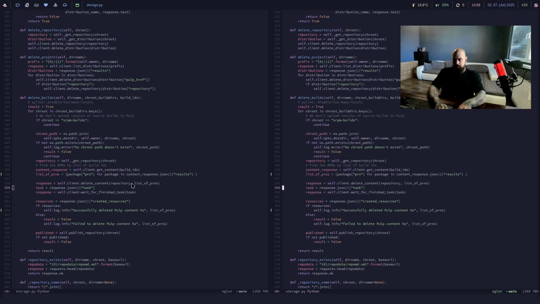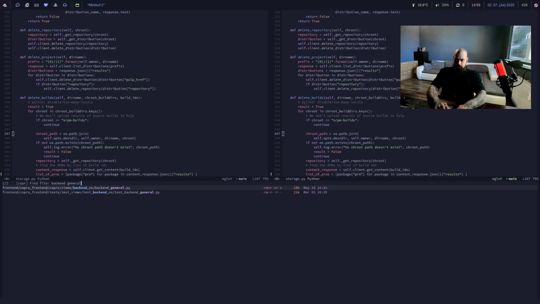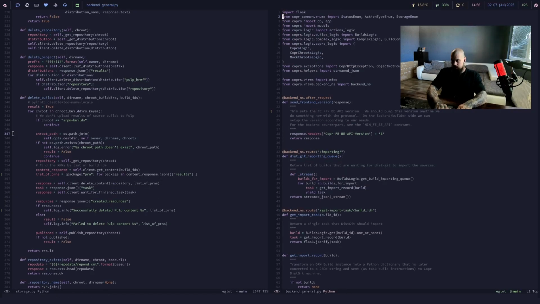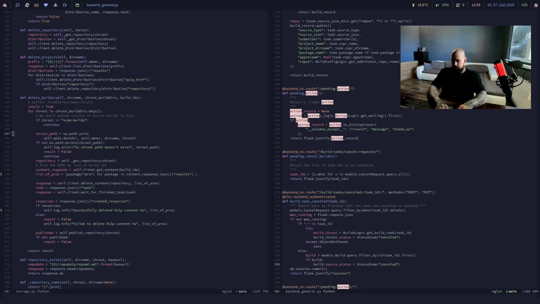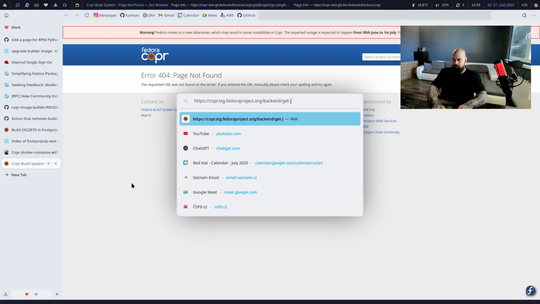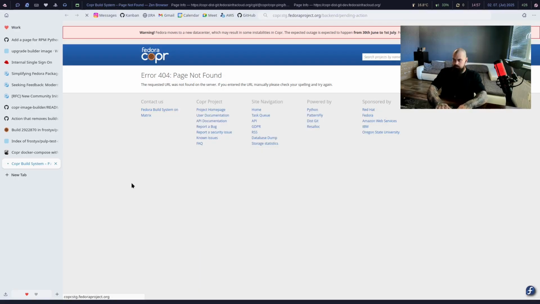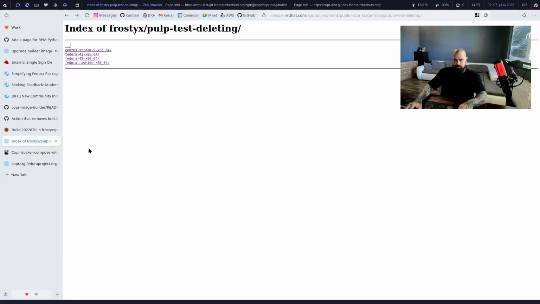No. So backend general action. So it's pending action. That's probably the one. Okay, let's try pending action. Okay, so once we trigger the build, the delete, here should appear the